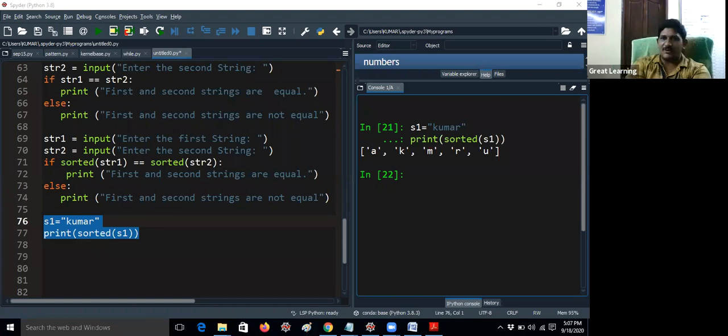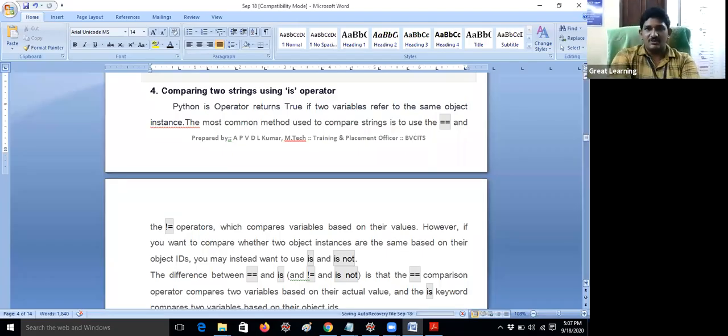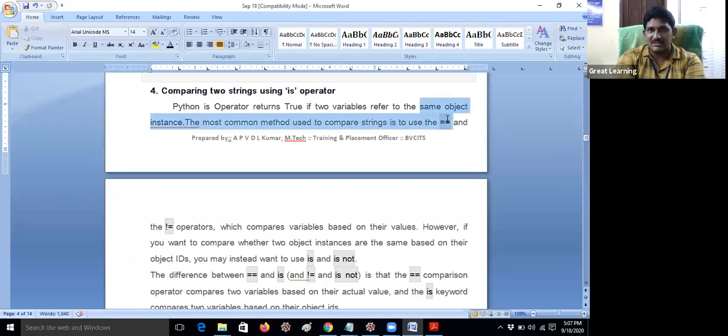Okay, I think you know what is an operator. We already completed the is operator, the member operators like that. I think many students have got some doubt in that. In Python, the is operator works only on objects. Whenever you are having two values, you should prefer the equal to symbol and not equal to symbol. That's the reason I'm giving the same object instance.